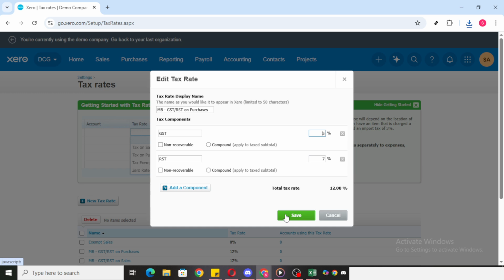And that's it. To recap, you've navigated from the dashboard to Settings, selected Manual Tax Rates, accessed Profile to change your desired tax rate, edited the percentage, and saved your changes. Following these steps ensures your tax rates are up to date and accurate, aligning perfectly with either organizational requirements or statutory guidelines. With these adjustments made, you'll see your financial entries reflect the new rates, helping to ensure that everything